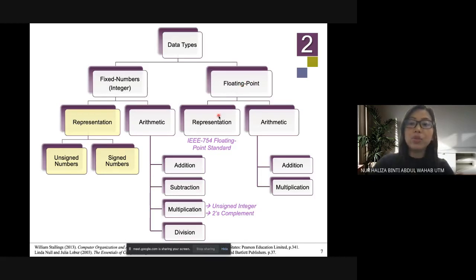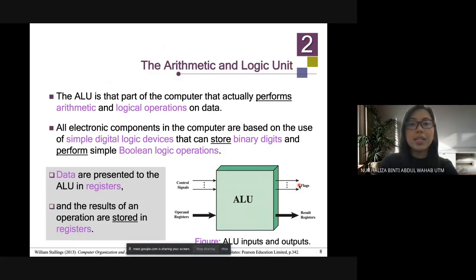Still, there are two parts, which are representation and arithmetic, but you can see the difference. Arithmetic only has addition and multiplication. There is no subtraction and division. Weird, right? Later on, you will see why. So under the arithmetic, I call it only ALU, okay? So under the ALU,